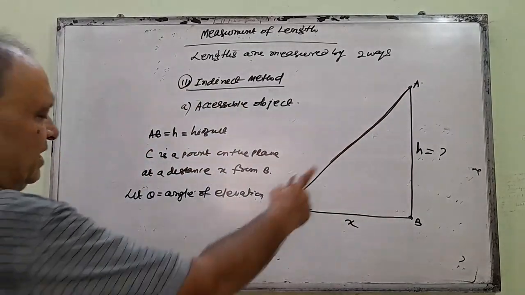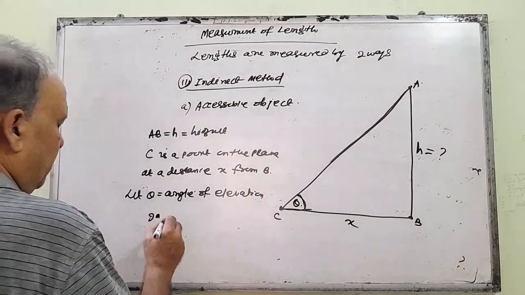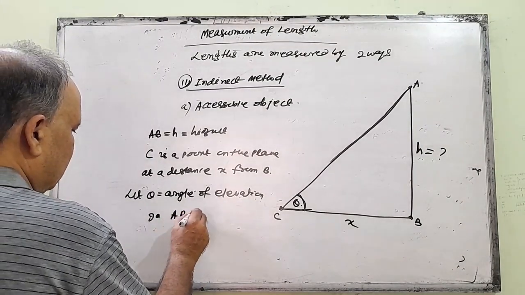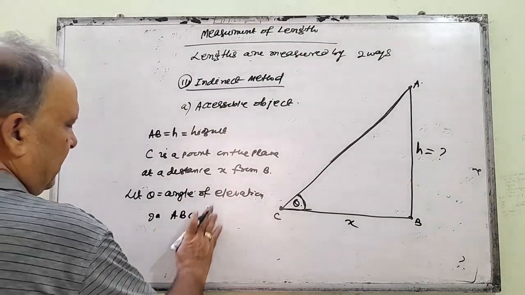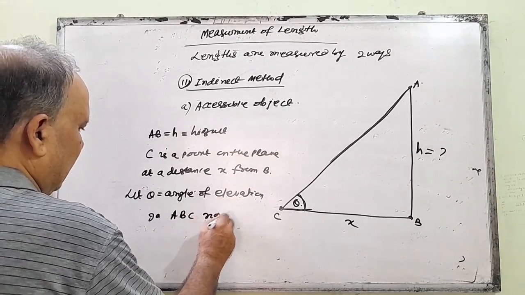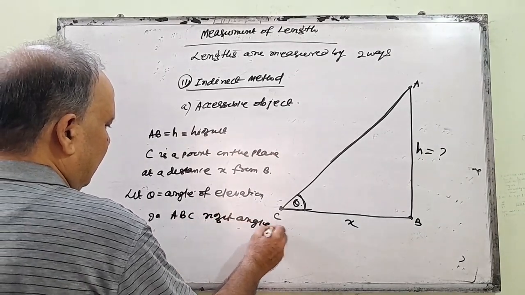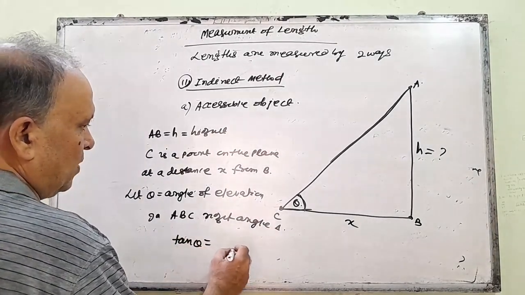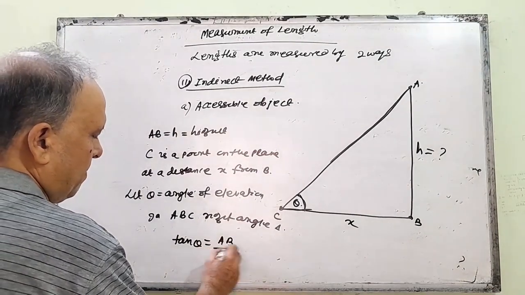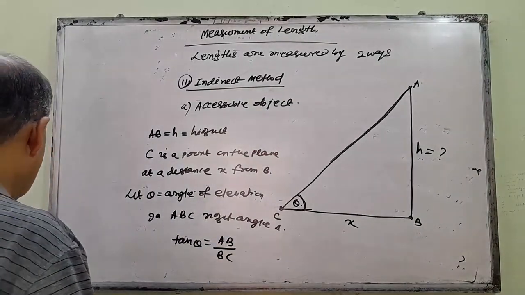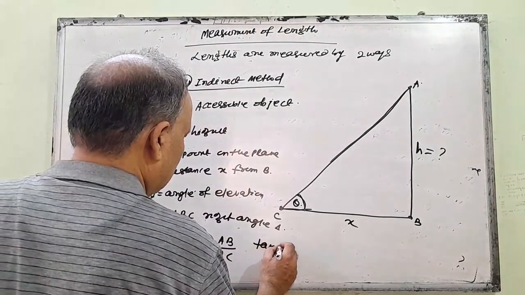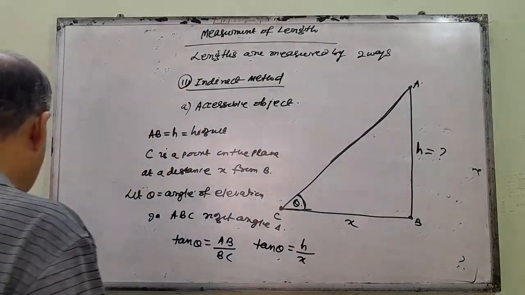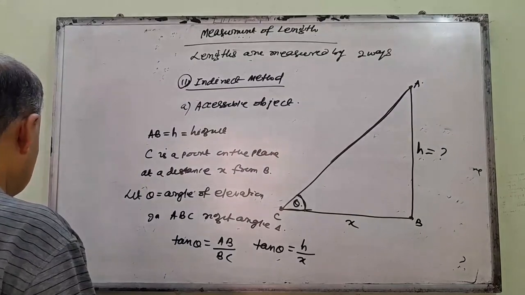So, in ABC triangle, right angle triangle, you see, tan theta is equal to what? AB by BC, or tan theta is equal to h by x,